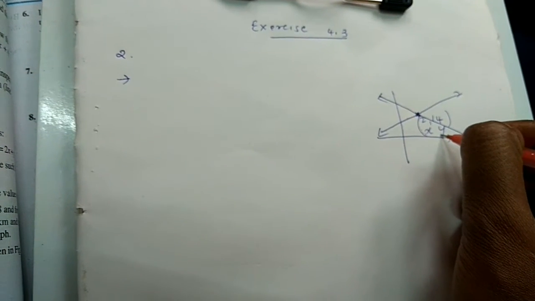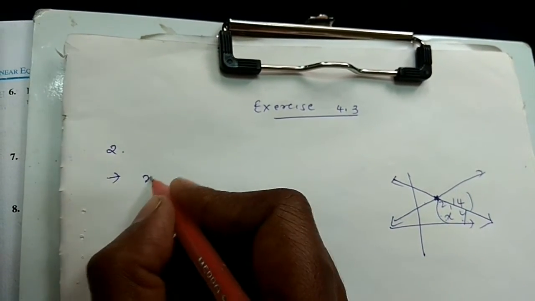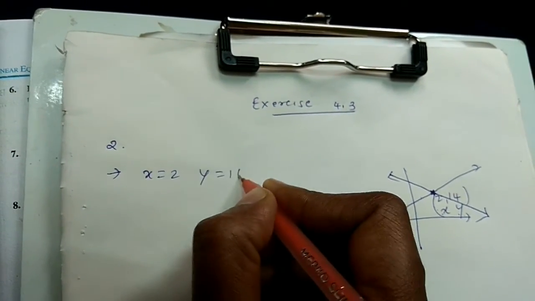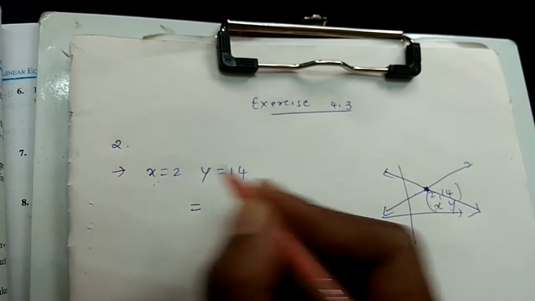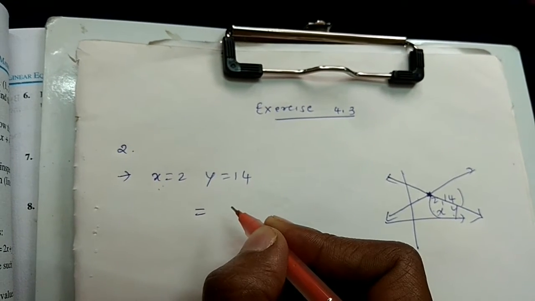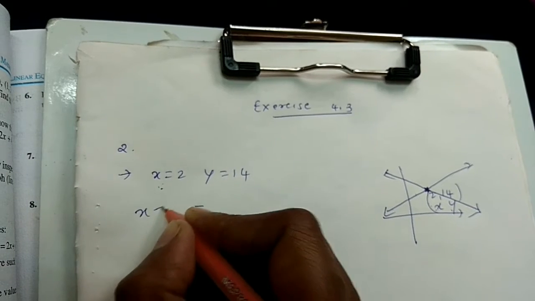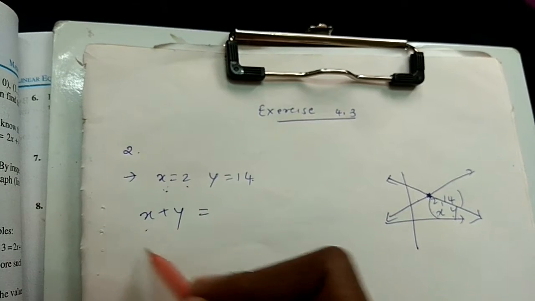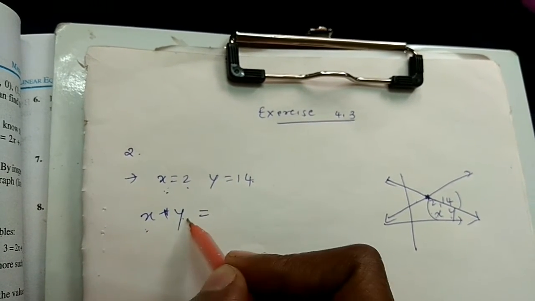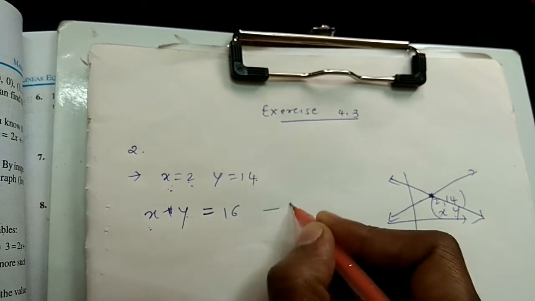Using these two, you can form many equations. I'll show you some of them. Here you can see x is 2 and y is 14. We can form an equation, formed by an equal sign, as you all know, by adding, subtracting, dividing and multiplying. First, I'll add these two: x plus y. Whenever you write the equation, instead of the coordinate points, you have to use the variables. So x plus y should equal 2 plus 14, which is 16. So this is one of the equations.